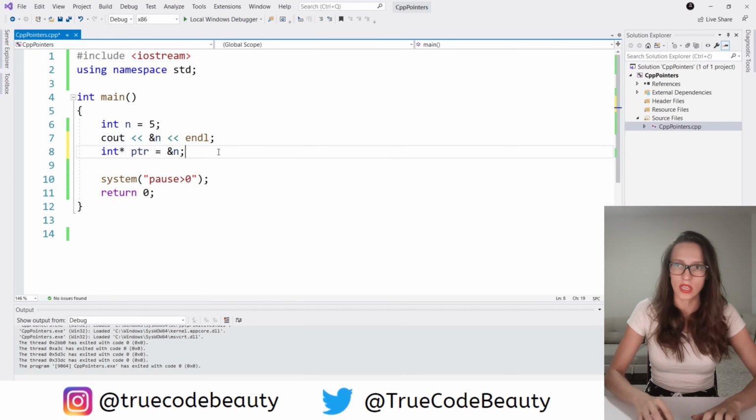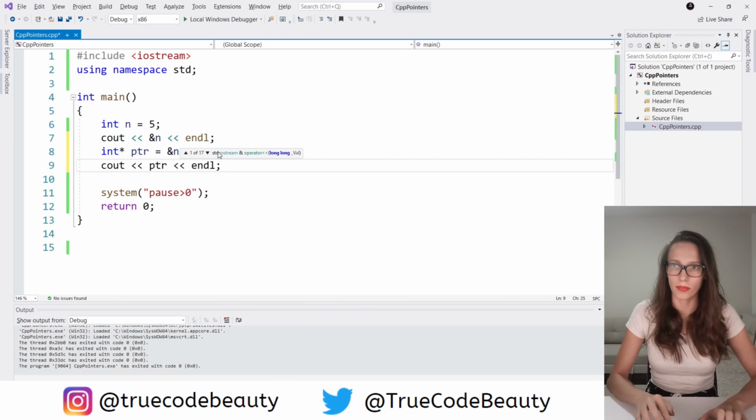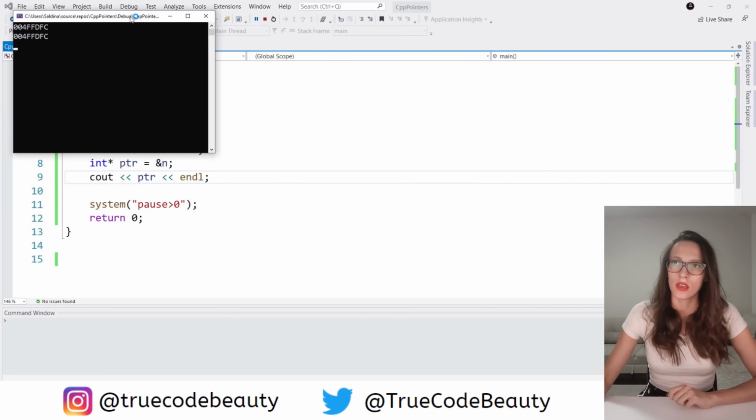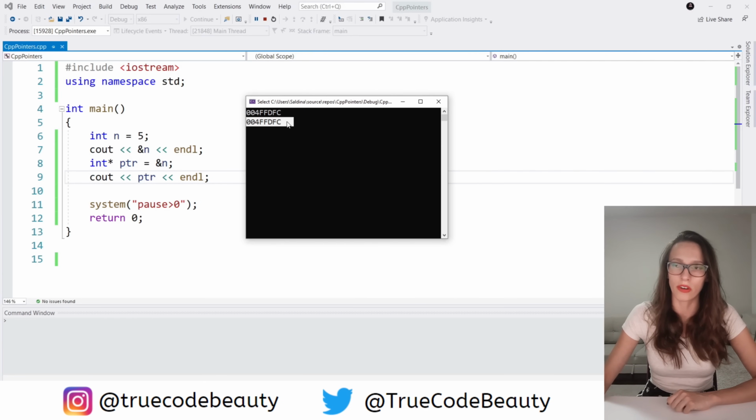Now our pointer is holding the address of our n variable, and in order to prove that, I'm going to write out the value of my pointer, like this. As expected, we have this first line here, which is writing out the address of our n variable, and then this second line of code is this line here. As you can see, we have written out the value of our pointer, and that is the same address as this one here,